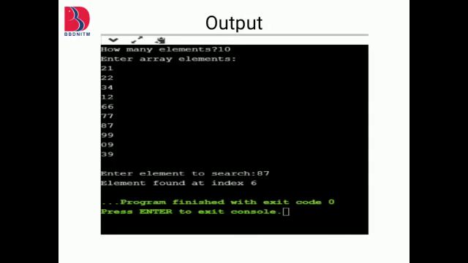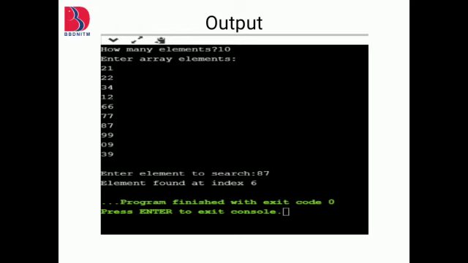Now you will see the output of the previous program. How many elements? I have taken 10. Then enter array elements: I have given 21, 22, 34, 12, 66, 77, 87, 99, 9, and 39.